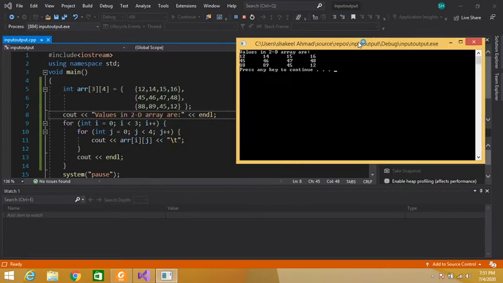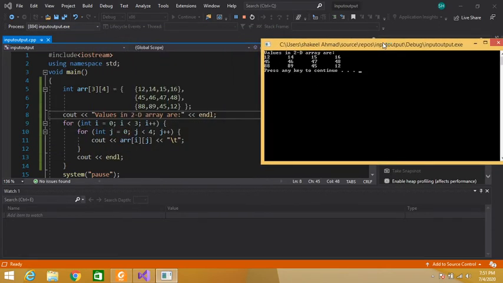So guys, let's execute this program statement by statement manually. First of all, I have declared a 2-dimensional array containing 3 rows and 4 columns. Then I am displaying the values on the console window. So for int i is equal to 0, i contains 0 because I have assigned 0 to this variable. 0 is less than 3, yes.